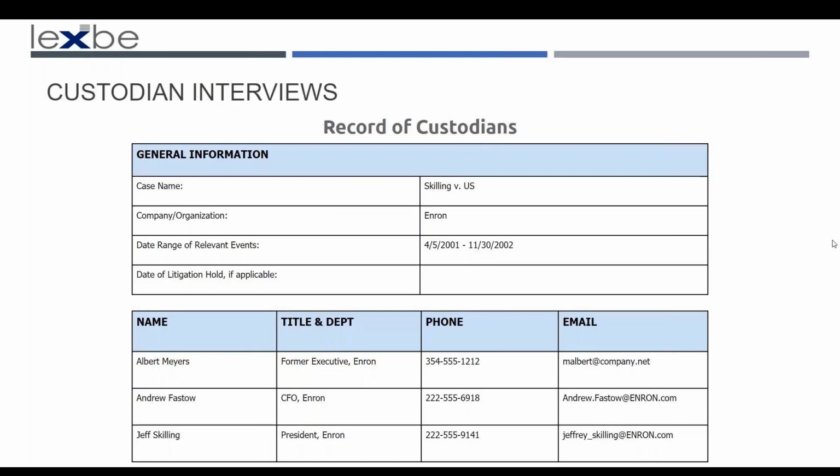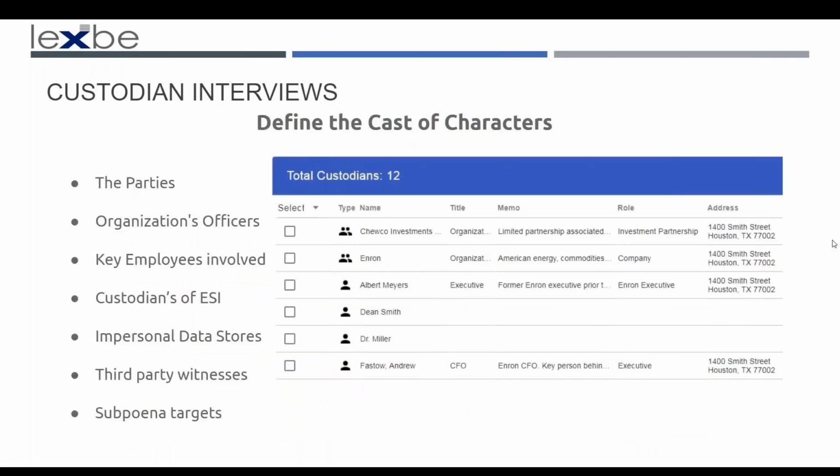This ties into what we have in the platform that you could call the cast of characters. So we start to try to flesh out the relationships between the individuals and the entities that are involved. In some litigations, this is very simple, but in some litigation, it's exceedingly complex. And half the job of understanding the case is just teasing out the different relationships between all the parties and entities, etc. So having a system of starting to put this together, identify who they are, and then tie that back into the documents and your fact timelining is very important.